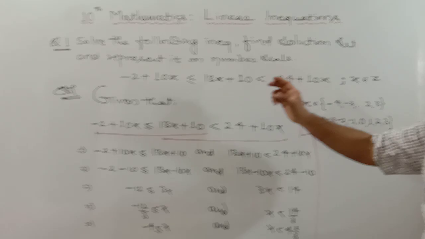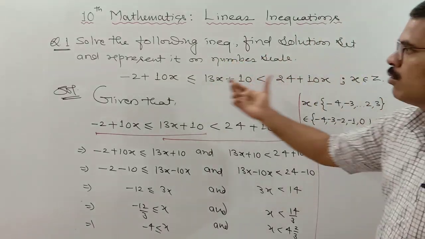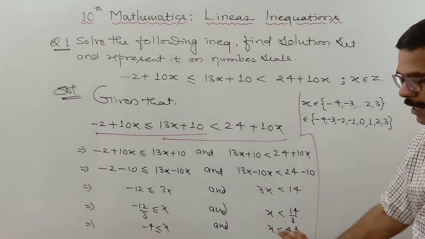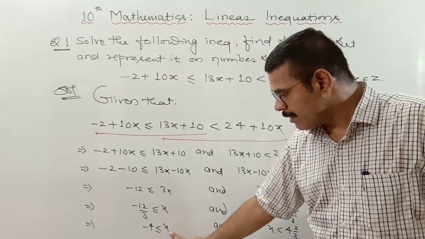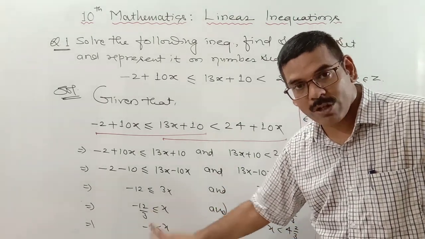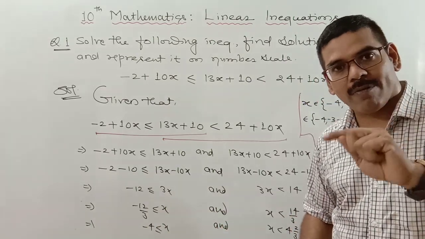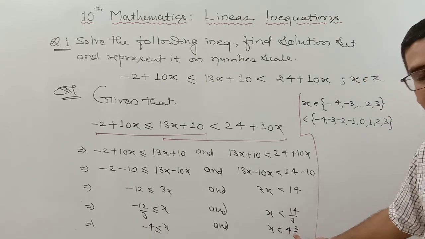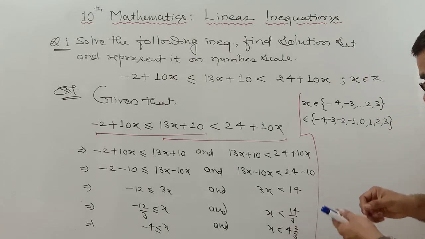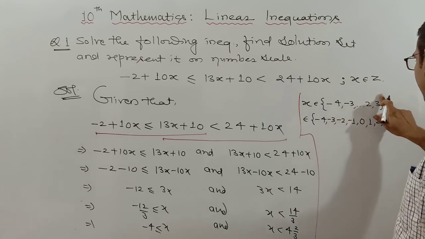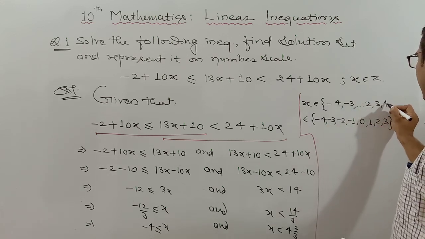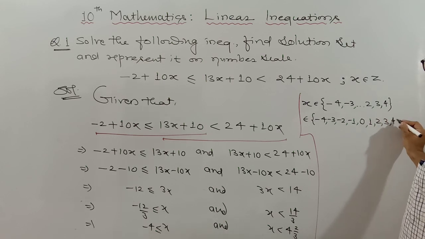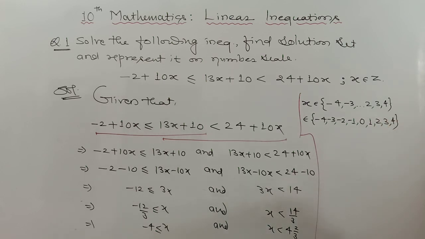See, that was the question. It was given in 3 parts. We have taken 2 parts together, solved it, and determined the conditions: x is greater than or equal to minus 4, meaning it starts from minus 4. The solution set is x less than or equal to 4 integer 2 by 3. Sorry, x will also include 4 as it is less than or equal to 4 integer 2 by 3. So 4 will also be included, minus 4 to 4. This will be the solution set.